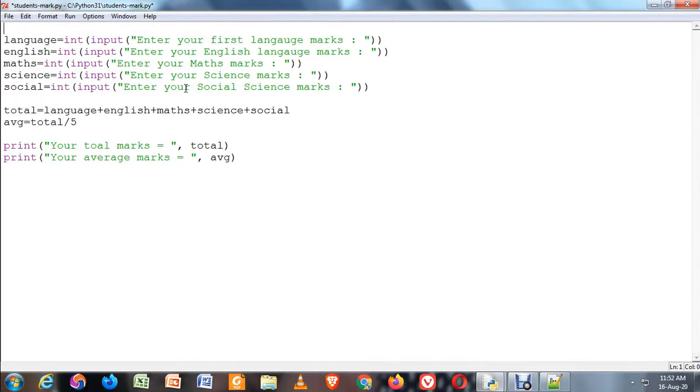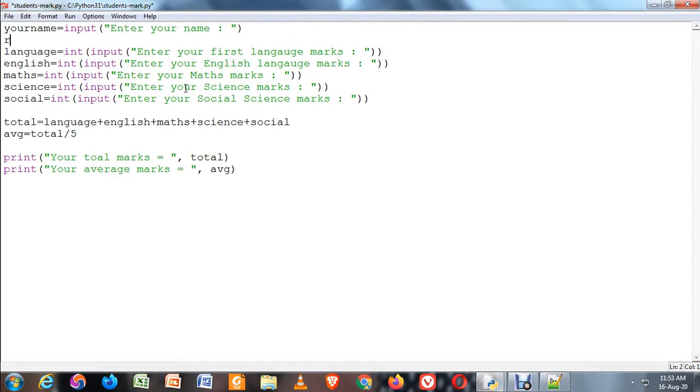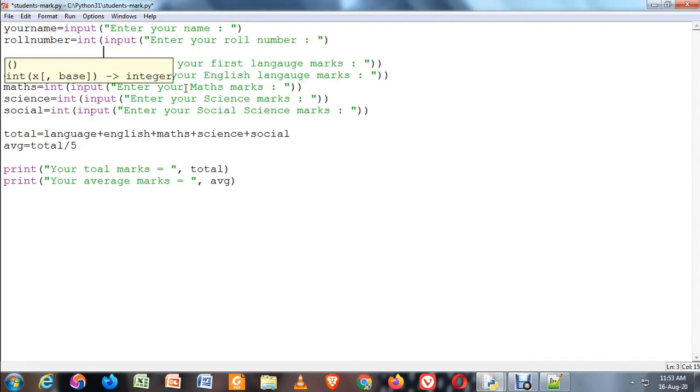Now we are adding some extra features to that program. For example, now we are adding your name. Input: enter your name. This is the student name from the user's input. Then your roll number, input: enter your roll number. In the third line, we missed adding the parenthesis because we are using integer. So, okay, now